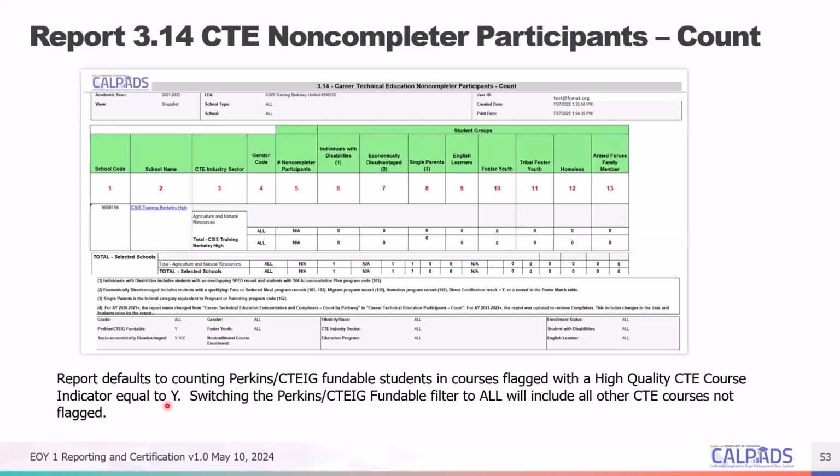This report is used because the assumption is you're receiving Perkins funding or CTEIG funding, and you have to justify that you are providing high quality CTE courses to your students, right? So by definition, if all of those courses have highly qualified CTE teachers as indicated by that Y indicator, then by default, if you just click on run, CalPAS will show all of those students here.